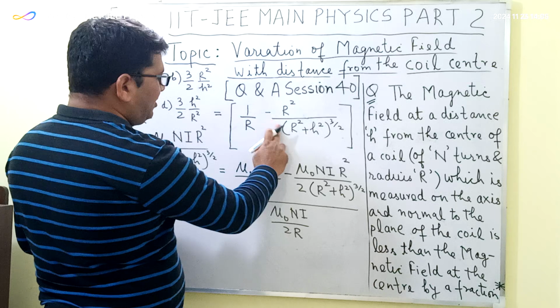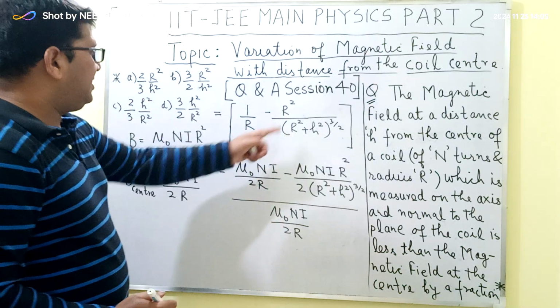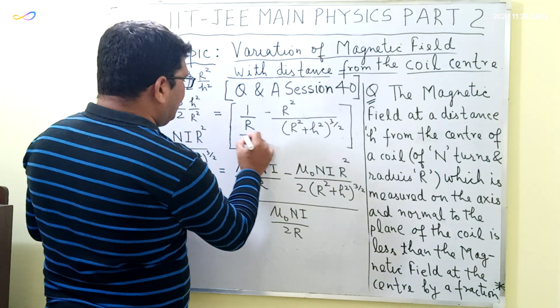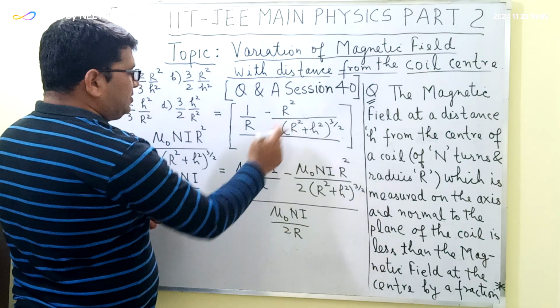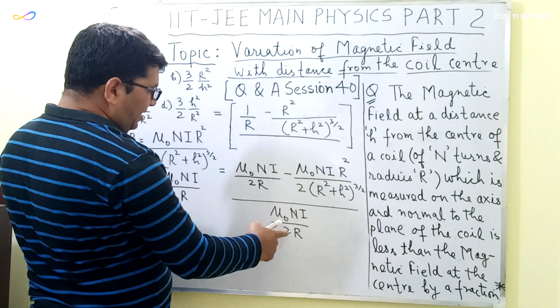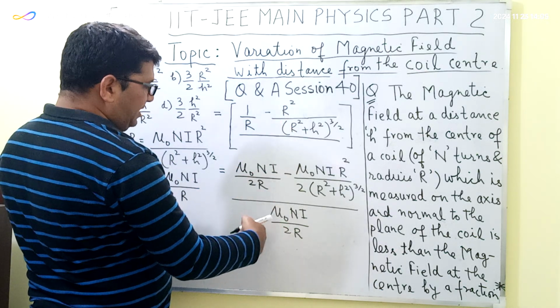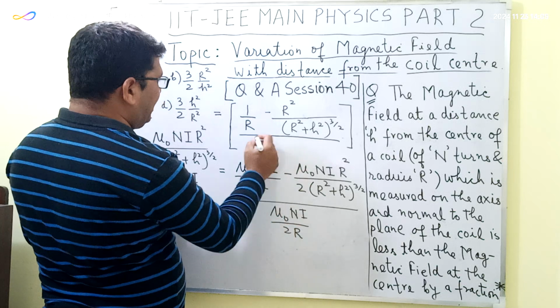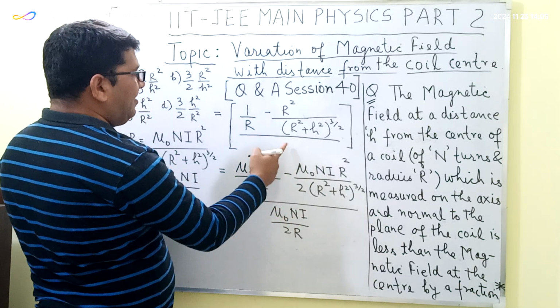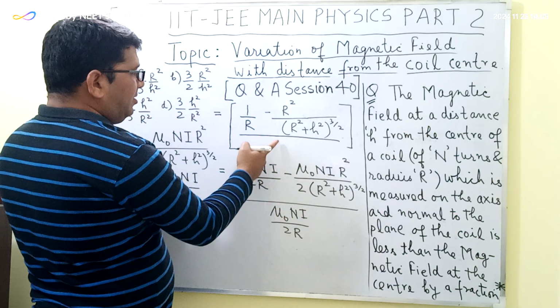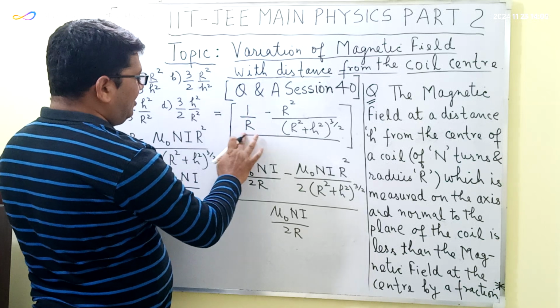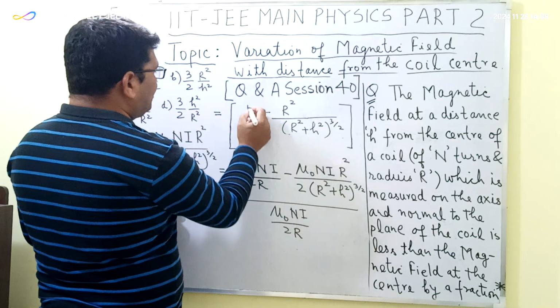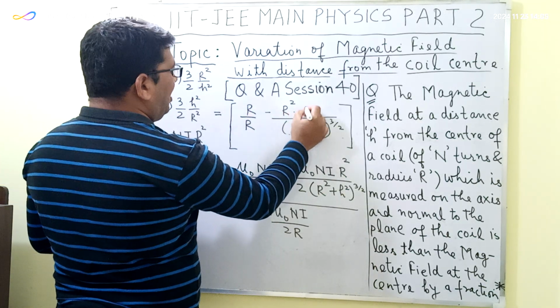So this 2 will not come here, and I will be getting the value as the numerator will be equal to this value divided by mu naught I upon 2, which will get cancelled out. So I will be getting it as 1 by r. So 1 by r will go into the numerator, and I can simply multiply it, so it will be r, and this will be equal to into r.